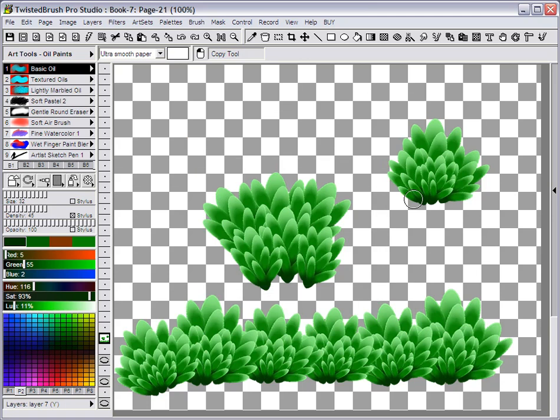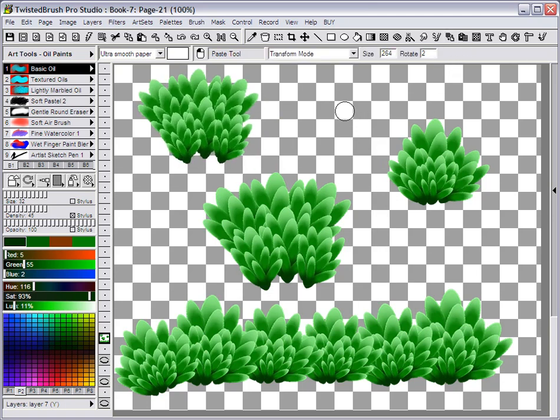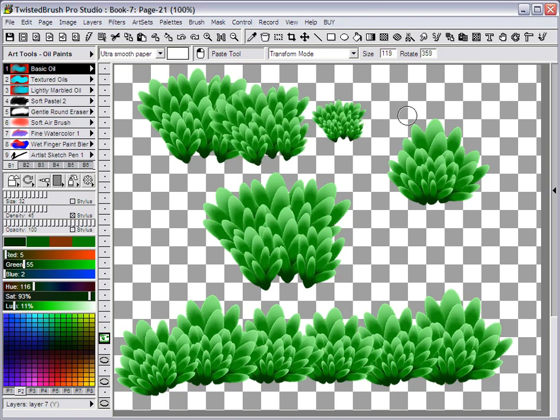Copy tool, select this, paste tool. So hopefully this gives some ideas of some things you can do to add complexity and